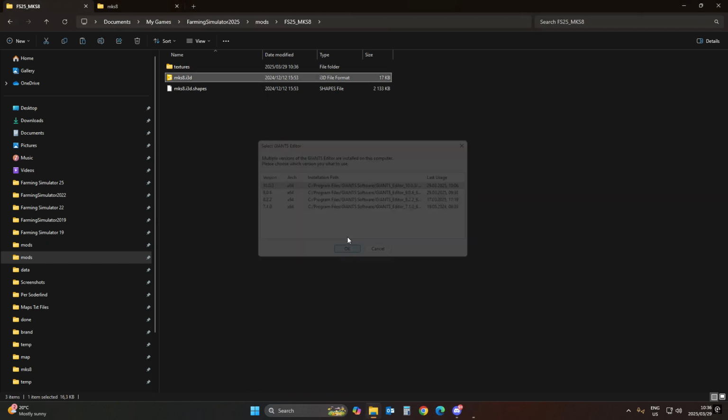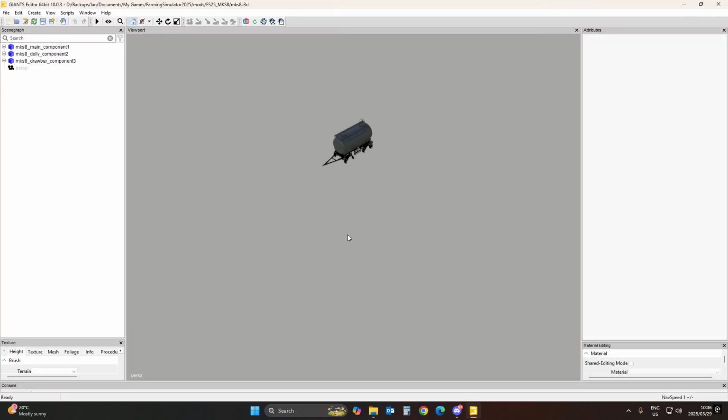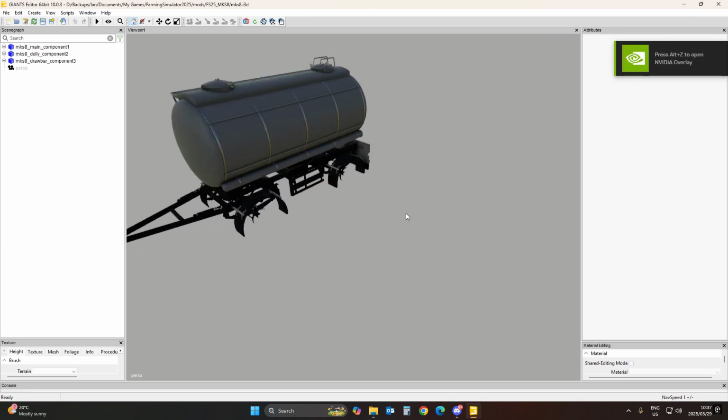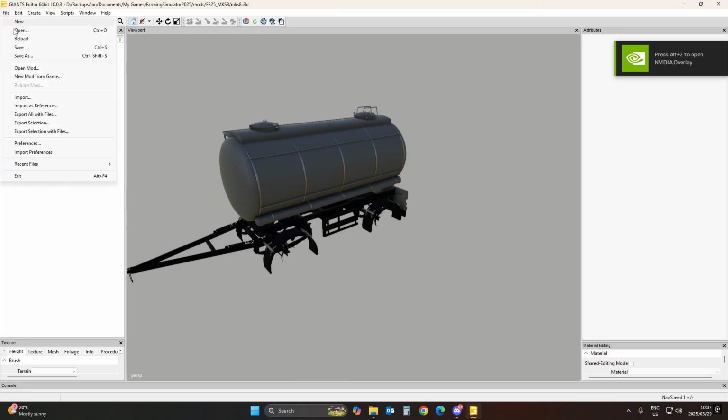So I was almost showing you how to make an in-game mod or replaceable for that matter. Not that this is complete, you still need to create an XML. Well, you don't have to create an XML, you have to create a mod disk for it. Anyway, so there's our tank once again, guys, and now we can file import